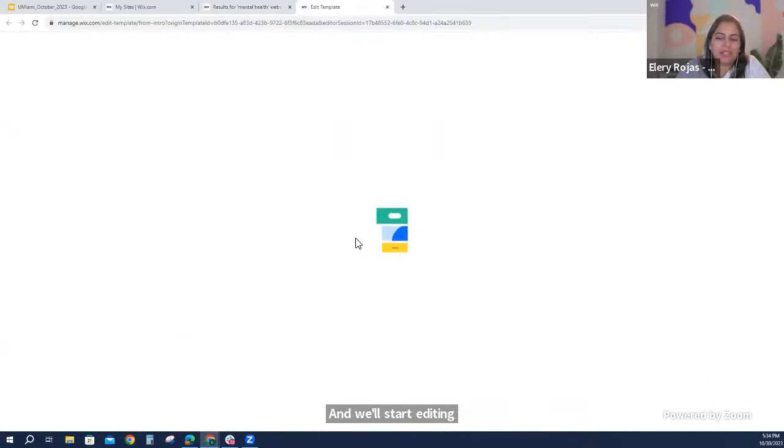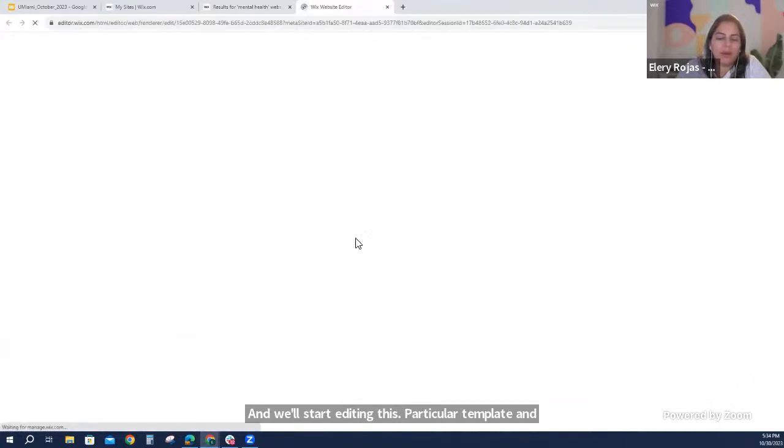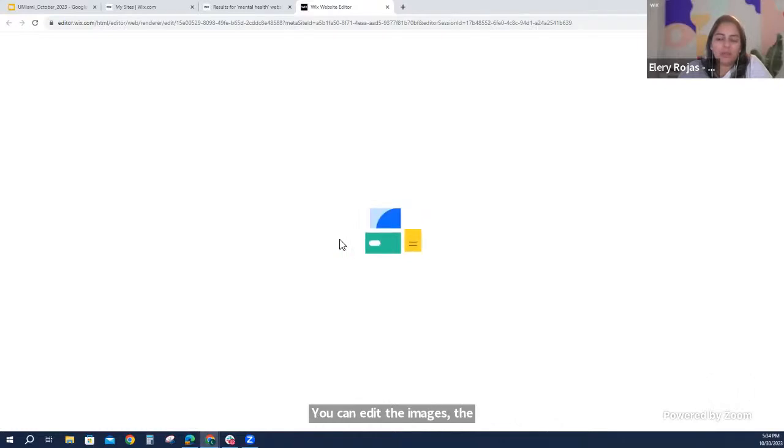And what Wix does is that it starts building out all those features that are part of this template that was created. And it's going to allow you to open up a canvas so that you can get started on editing it. You can edit the images, the different elements, whether it's a text, whether it's a call to action button or the background. You'll be able to make all those changes based on your company that you're creating.